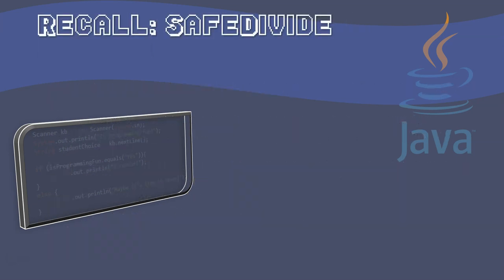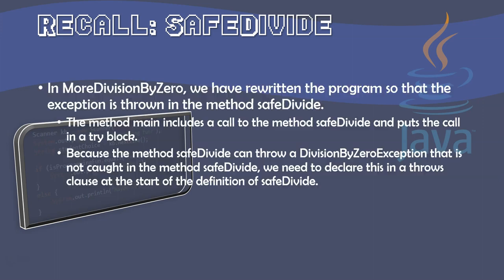All right, now one thing I want to back up to give us a little bit more understanding. If we recall, we had a method called safeDivide that we previously looked at. In our MoreDivisionByZero class, we rewrote the program so that the exception is thrown in the method safeDivide. The main method may, of course, include a call to the method safeDivide